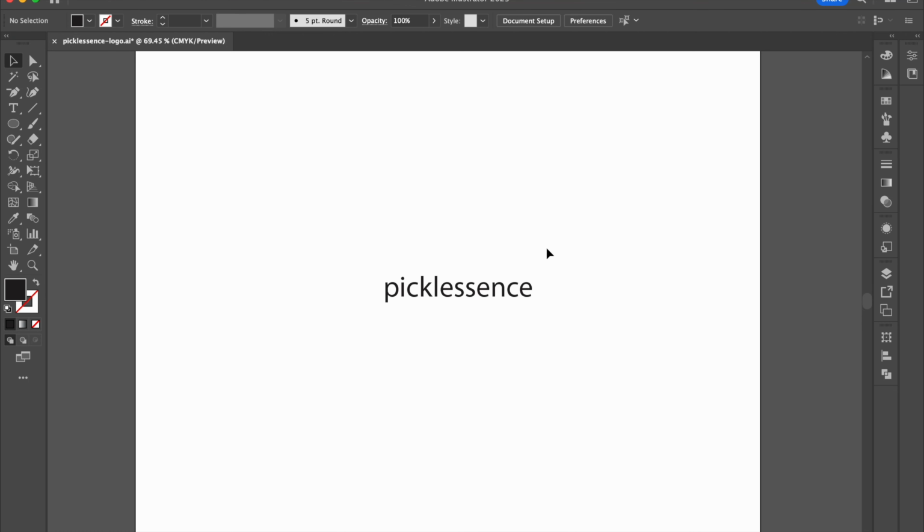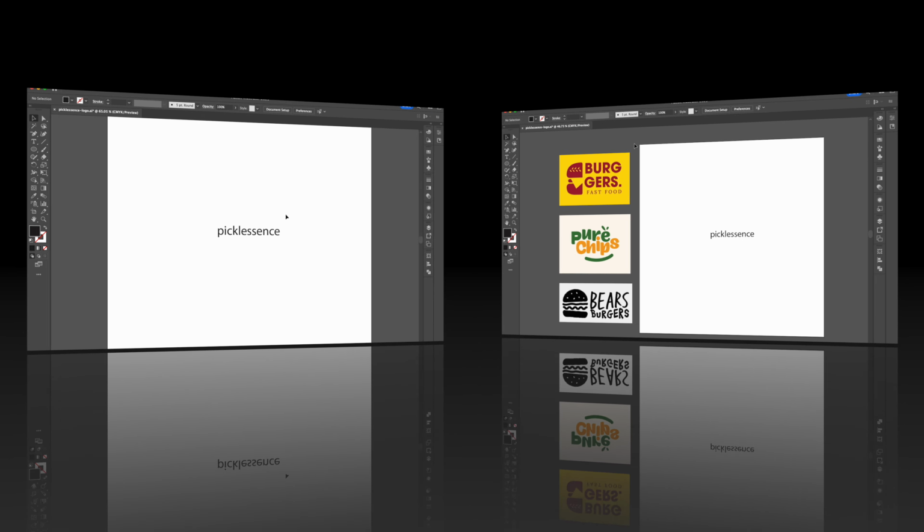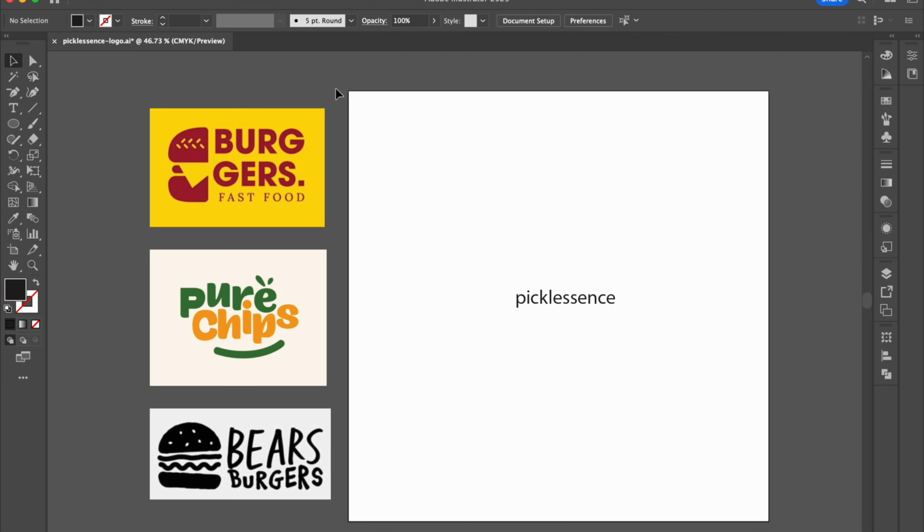All right, so the first thing I would do is ask the client for some examples of logos that he likes. And now let's say I've done that and my client has sent back to me these 3 logos that he likes that are food-related logos. And he says that he just likes the fun playfulness of this and some sort of graphic to show you what type of food item it is. Great, that's super helpful. All right, so now we can go on and getting some other inspiration for color, iconography,